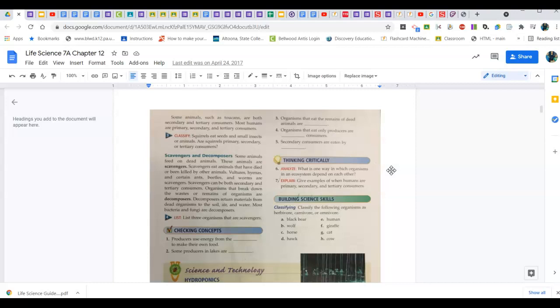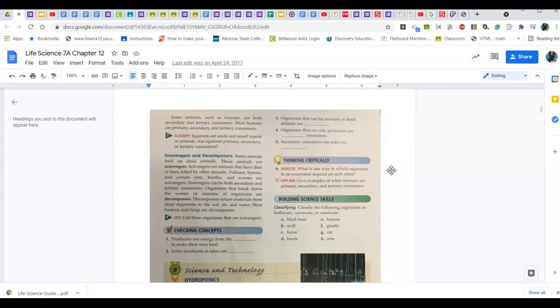Give examples of when humans are primary, secondary, and tertiary. Well, if you're primary, you're eating a salad. You got lettuce and tomato. Those are plants, you're primary. Secondary consumer, when you eat your chicken nuggets at lunch, the chicken ate the corn from the farmer, and then you ate the chicken, so that makes you a secondary consumer. And a tertiary consumer could be maybe if you had salmon for dinner. Salmon feed on small fish, so they were secondary, and you ate the salmon, that makes you tertiary. And there are other reasons that you could be different types of tertiary consumers.